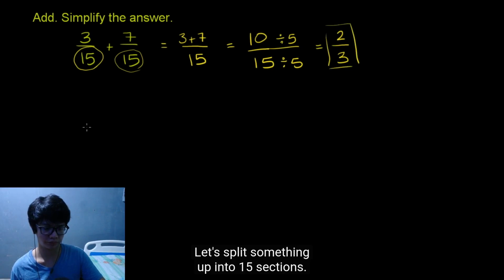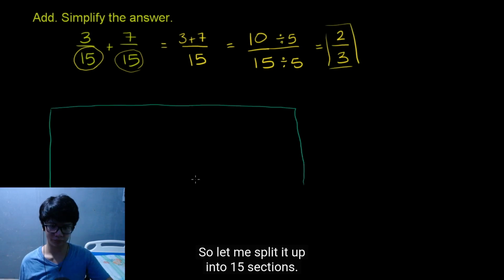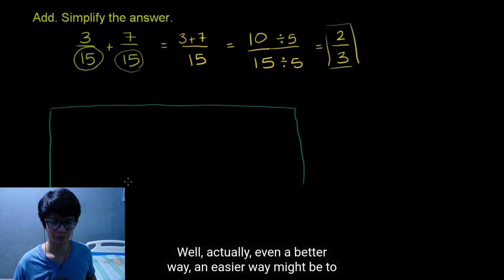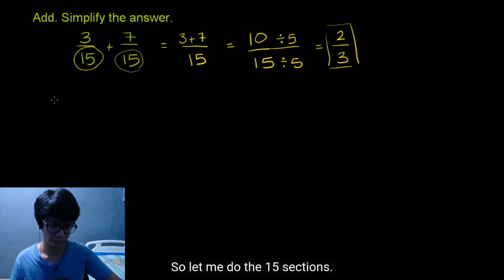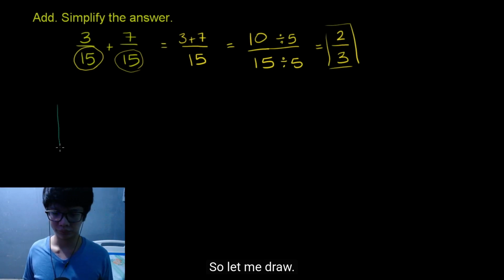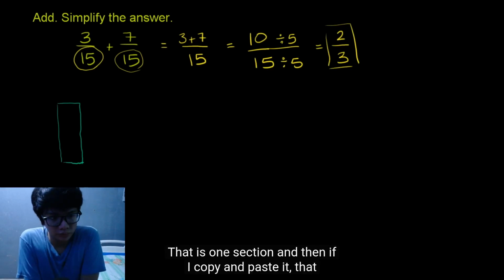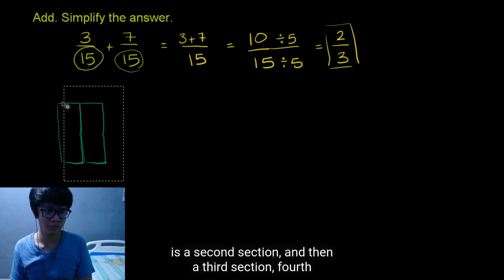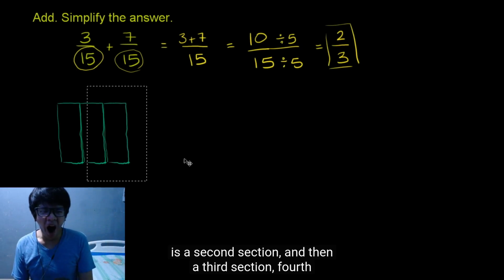Let's split something up into 15 sections. Let me see how well I can do this. Or actually, an easier way might be to draw circles. So let me do the 15 sections. That is one section right over there. If I copy and paste it, that is a second section, and then a third section, fourth section,